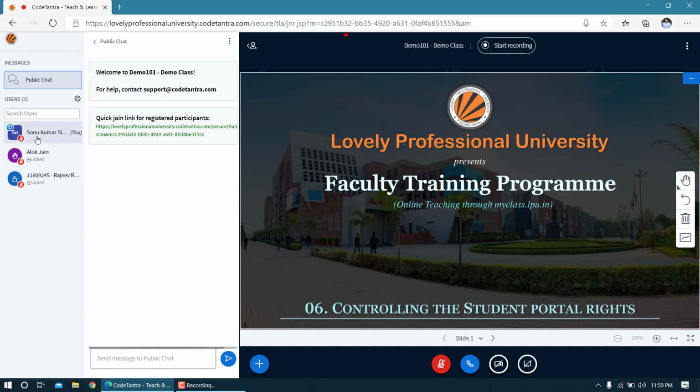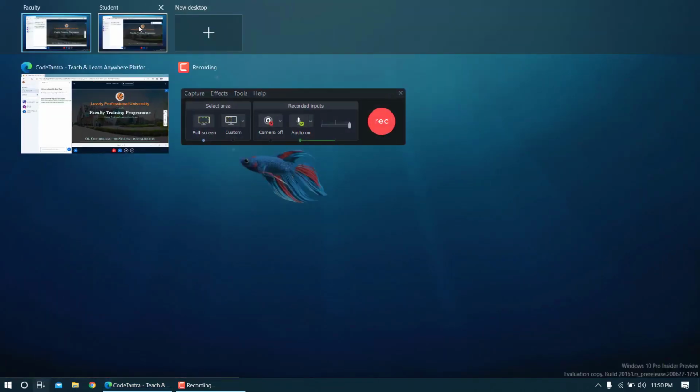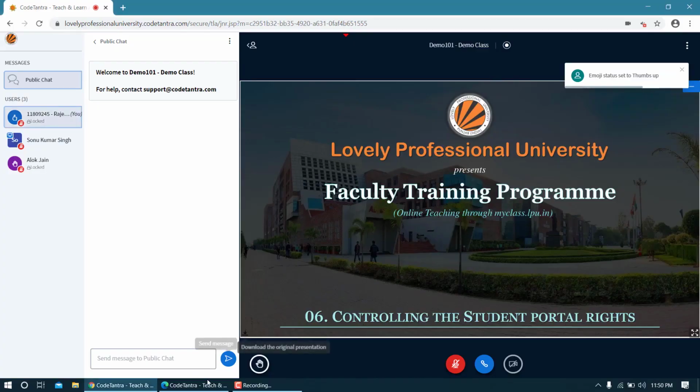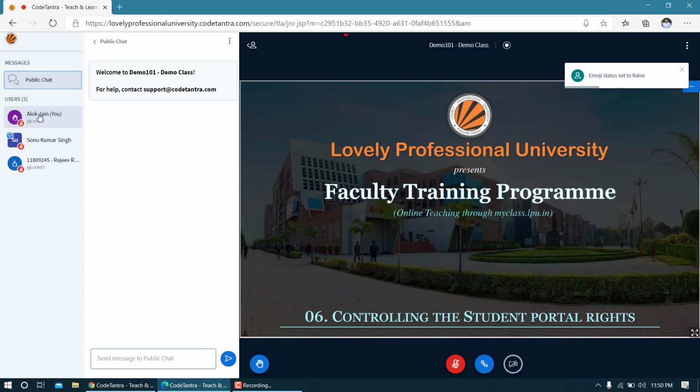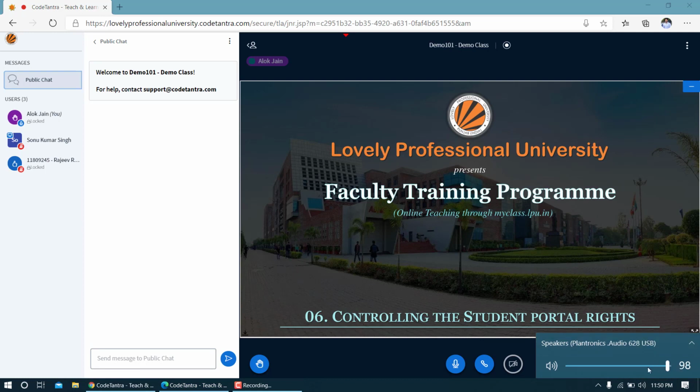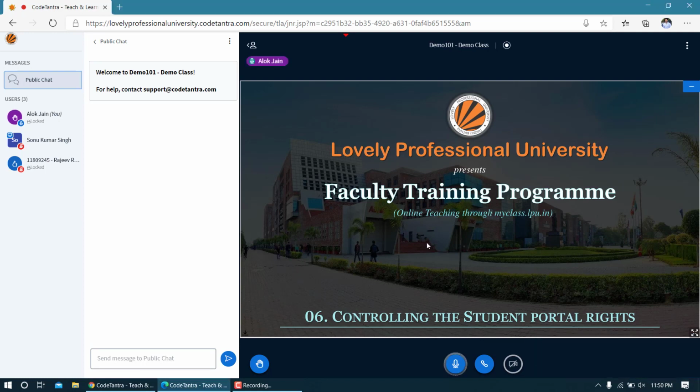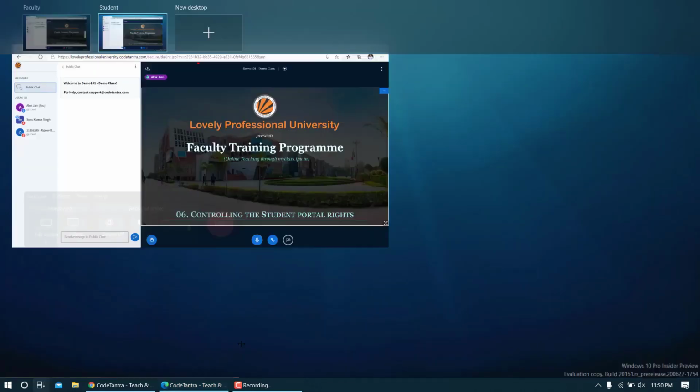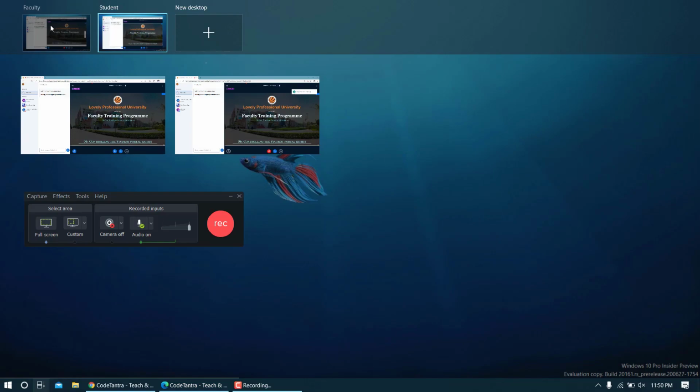In this case, you can see there are two students. First of all, I'm going into some student account to show the demo. Let us say I'm going to this Alok Jain account and I'm unmuting my mic. I'm going to lower my voice so that I'm not going to hear the same thing. Now I'll go to the faculty account,